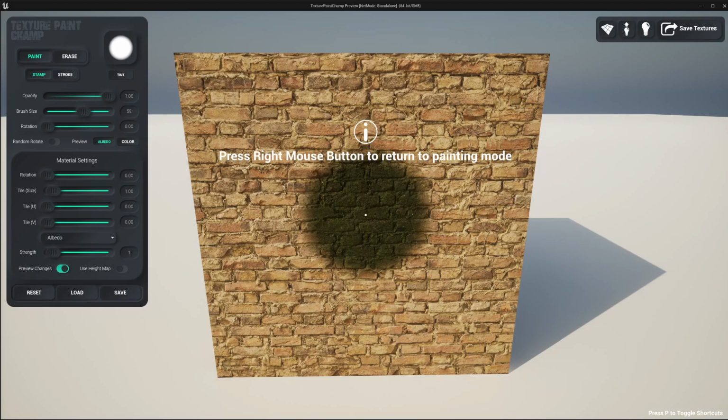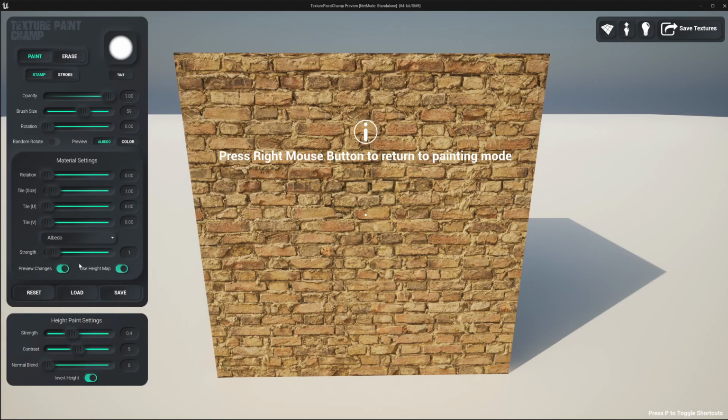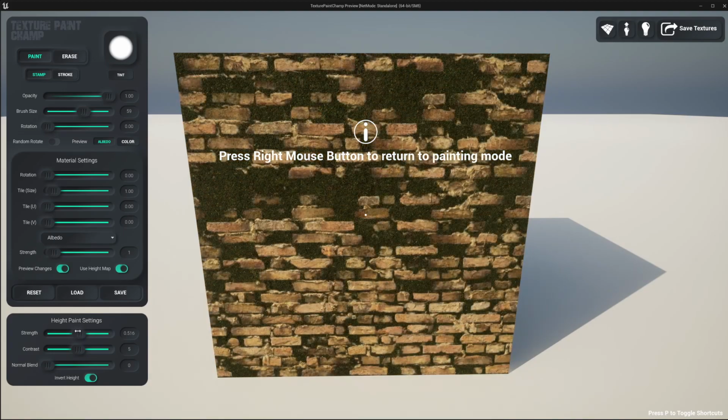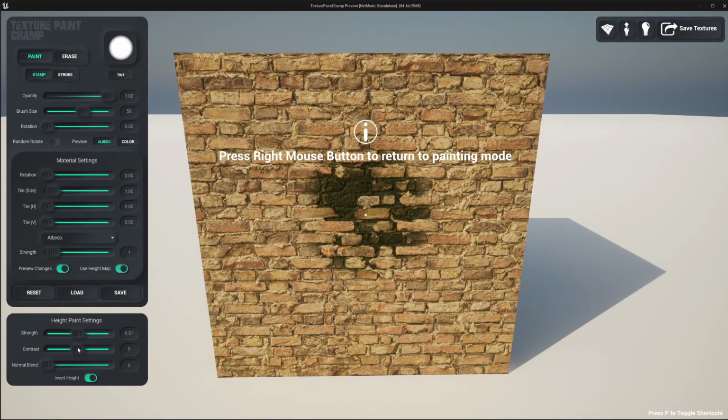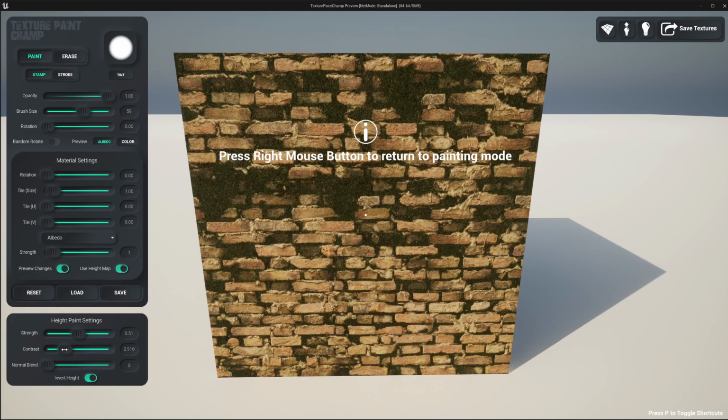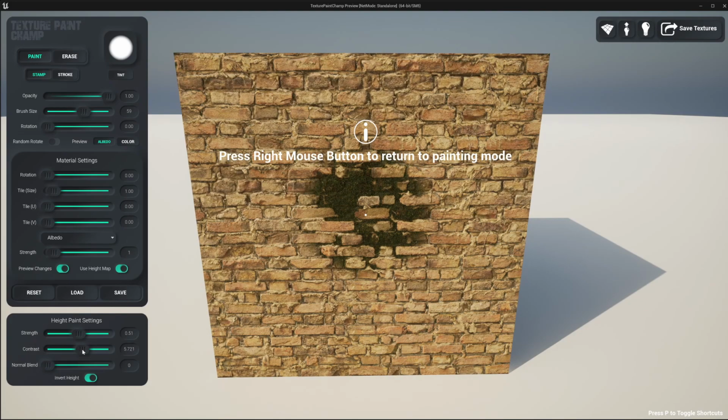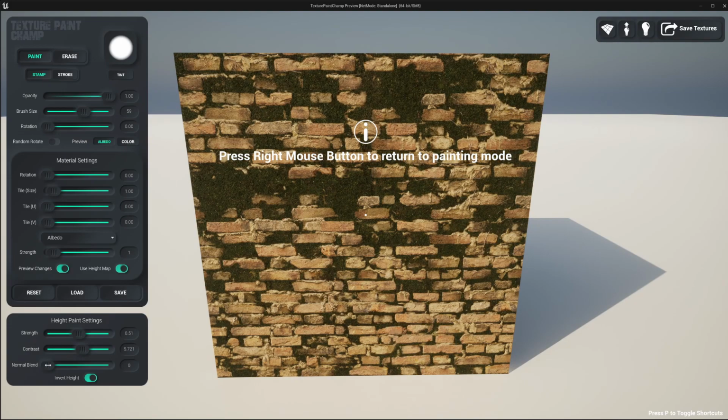To paint using a height map, we first have to declare the height map in the settings. Once we've done that, we'll be able to use the height map toggle. Here we can change the strength of the height map, the contrast, and choose whether to blend the underlying normal of the target material